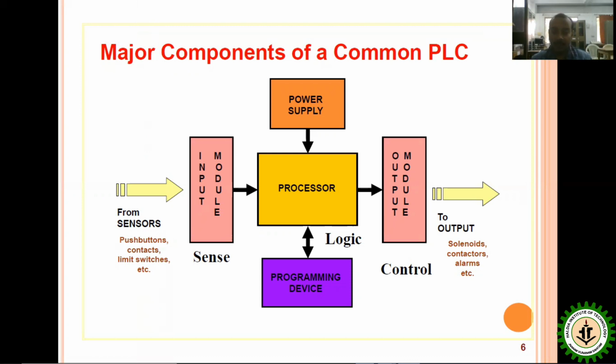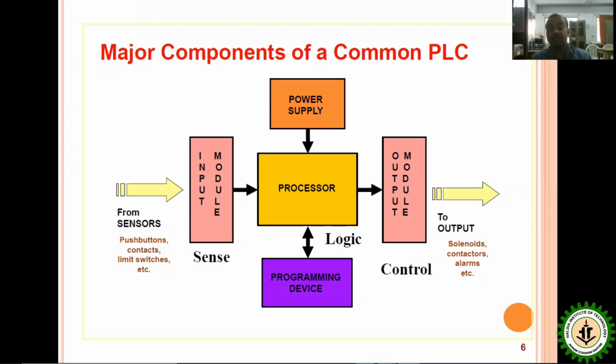Now, the inputs we take from the field instruments are mostly analog type, that means 4 to 20 milliamps or 1 to 5 volt. But because the digital control is associated here, the input module, which is known as the sensing module, takes a vital role. Whatever analog input you give to the input module, it will transform to digital. The input module consists of an ADC, an analog to digital converter,